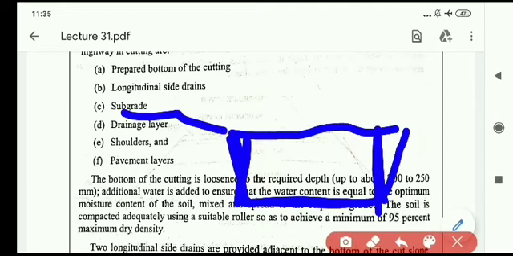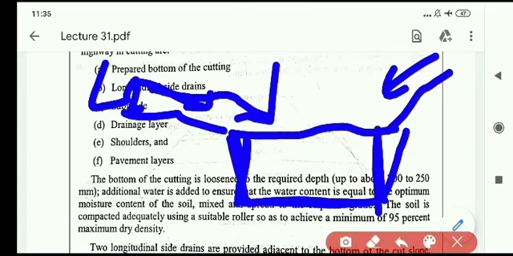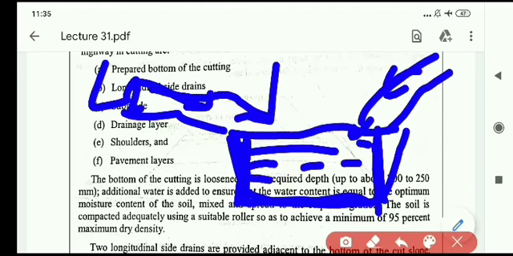So sometimes if the slopes are towards the cutting part, then what happens, during the rainfall time, whatever water falls on this natural subgrade soil or natural ground strata, due to the slope, it will enter into the cut part or the area where the cutting is undergone. So if the water flow is excess, then all this area will be submerged in the water.